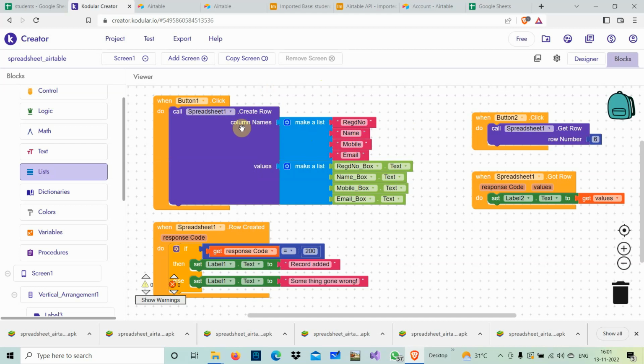So from this, first I got the spreadsheet. In the spreadsheet I created 2 things. One is the column names, and the other is the values. By default column name and value will come, but 2 values will come. So then what I did, I have to go for make a list. On the list you drag and drop it here. Then